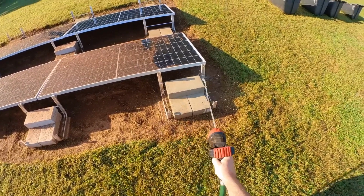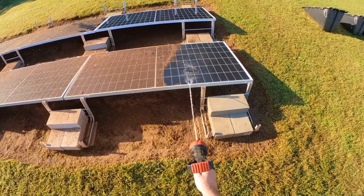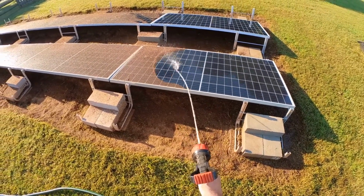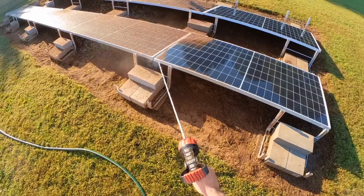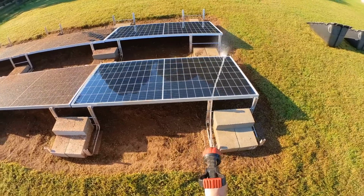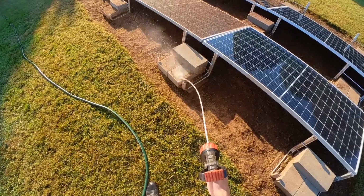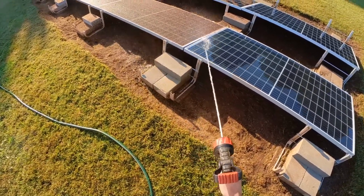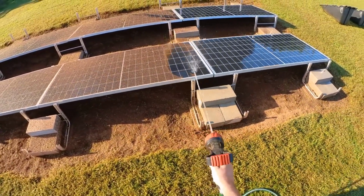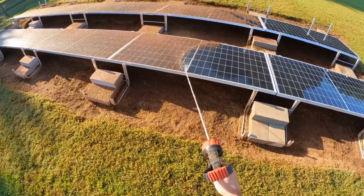This is the problem with low profile ground mount. Weed barrier doesn't work. If you put weed barrier underneath it, it looks awful because all this crap from the lawn, clippings and bird droppings and everything else just accumulates on top of the weed barrier. The weed barrier doesn't look clean. It looks dirty all the time. It looks horrible. And I would like to get a ground cover that would work well in here. Doesn't grow tall, but what I planted didn't take,